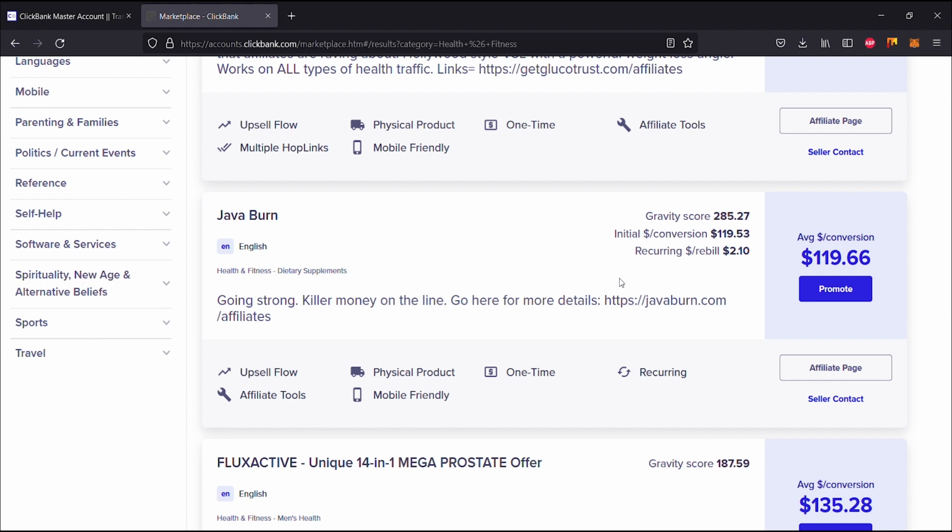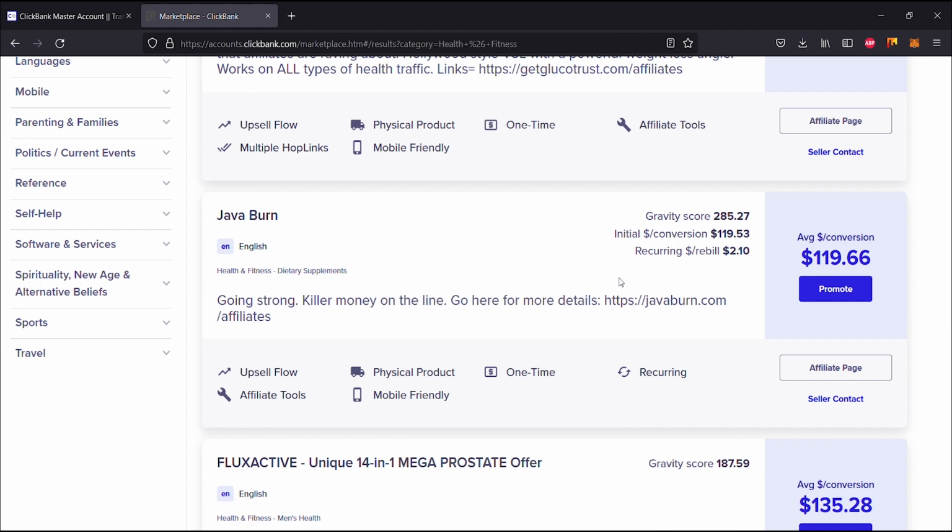Next up is Java Burn. So just as we had T-Burn, we also have Java Burn, and this is just obviously coffee that helps you lose weight. So it's only available in English. Our stats are our gravity score sitting at 285.27, and initial dollar per conversion is $119.53 with reoccurring dollar rebill at